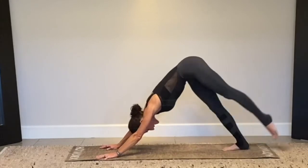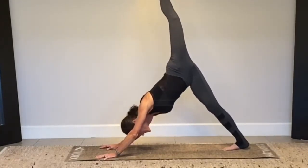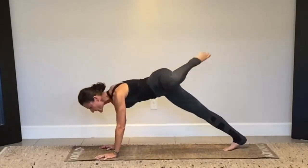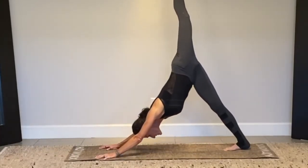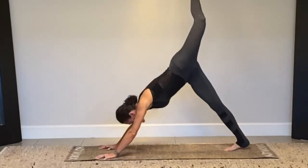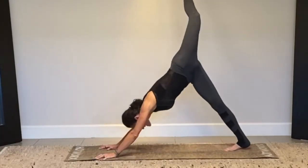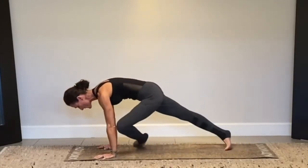And inhale, let that left leg fly this time. Pressing that right heel towards the mat, inhale, reach it to the left elbow, exhale it back. Inhale forward, exhale it back. 2 more times. Inhale forward, exhale, breathe. One last time, inhale it forward, exhale, hold that position, and bring it forward, finding that pigeon on the opposite side,